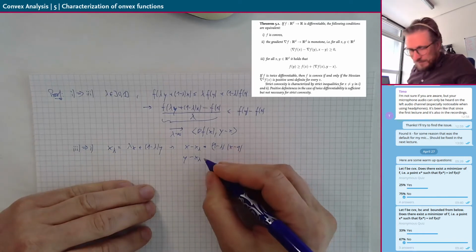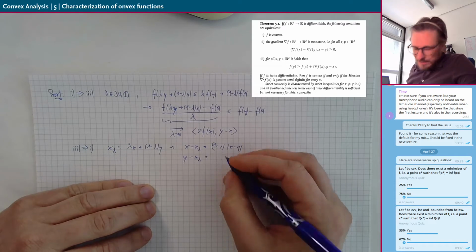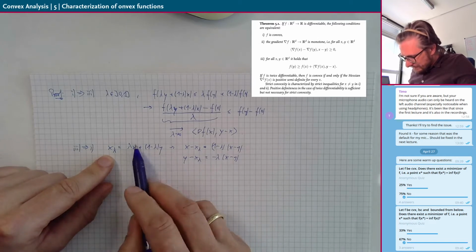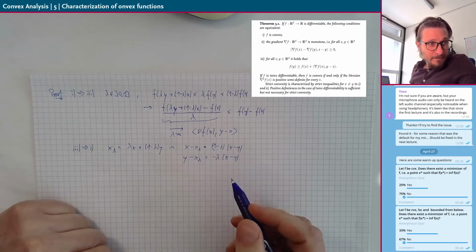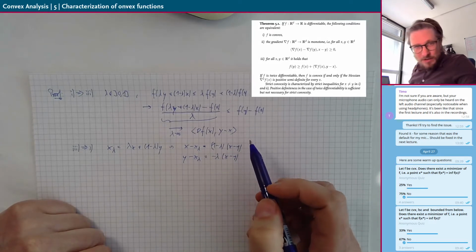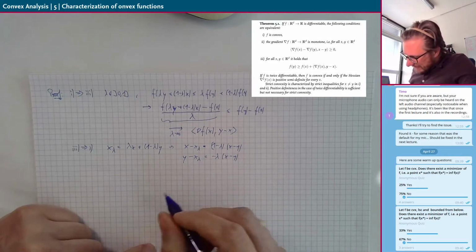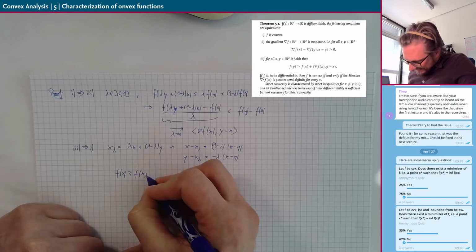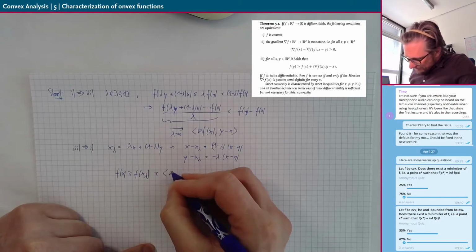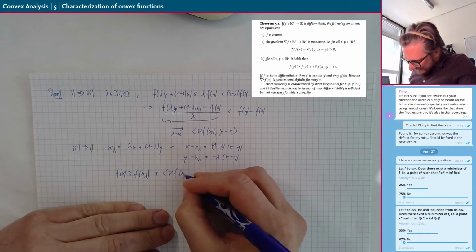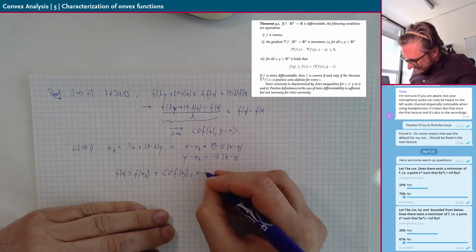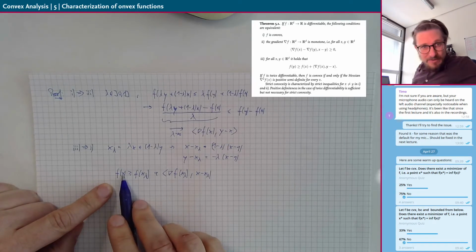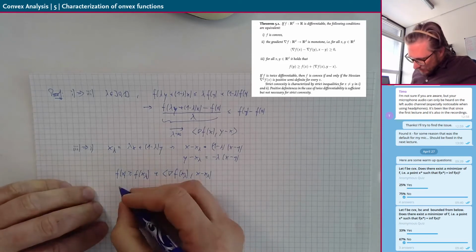Y minus x lambda, on the other hand, is equal to minus lambda times x minus y. Same thing, if you subtract this x lambda from y, factoring out gives you this. So now we take the convexity, or the tangent inequalities at two different points. So in one point we take it, so writing f of x is larger than f of x lambda plus the gradient of f at x lambda, and then here we have to put an x minus x lambda. So that's the inequality stated in 3 at the points y is equal x and x is equal x lambda. We do the same thing for y,